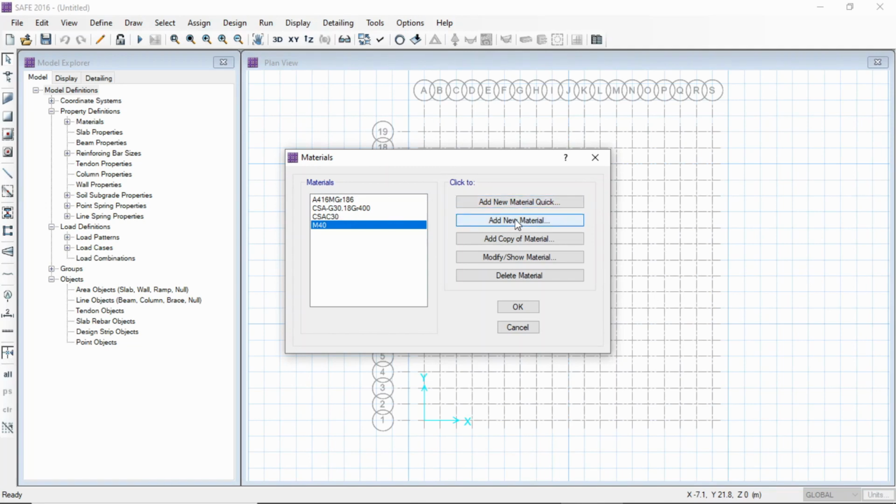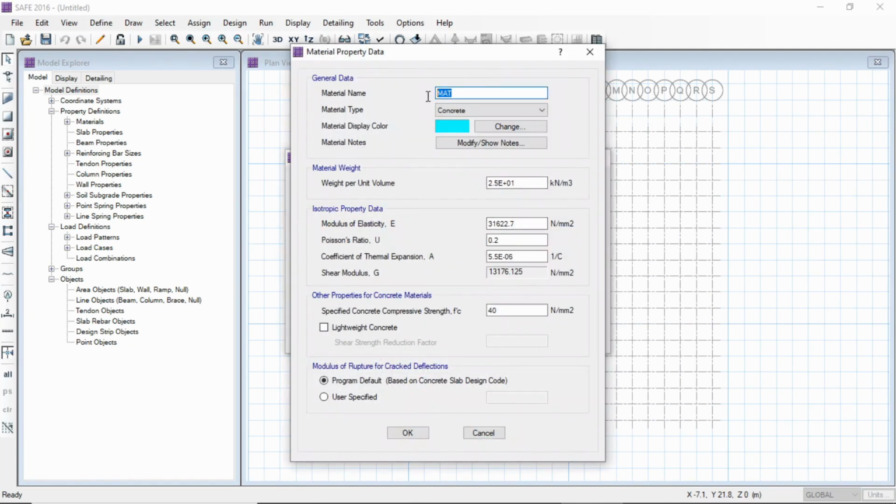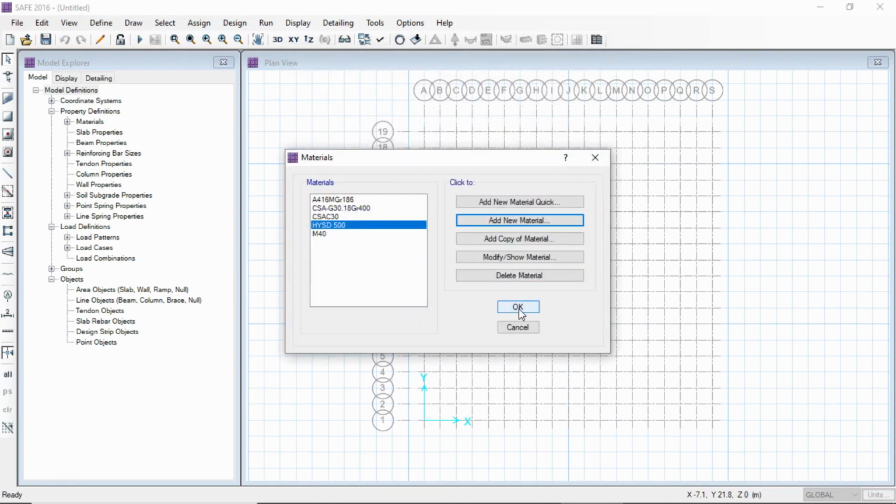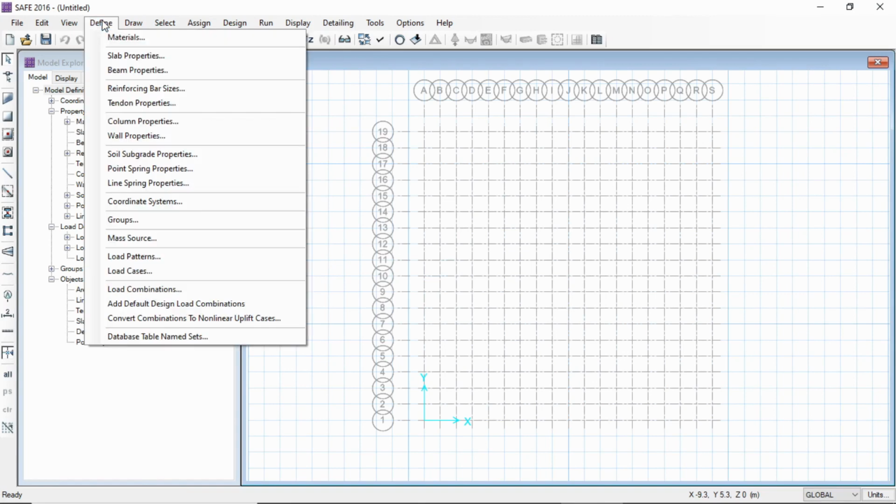So this is the property which I just typed, if you find in the net, you will get it easily. Then we'll add the rebar properties. We'll add new property, and here the rebar, that is HYSD 500. Metal type is rebar. Now here this property which I am going to type, this also I have taken from the net. You can find it easily if you search. Modulus of elasticity 1000 and minimum yield stress, that is 500. Minimum tensile stress 545. So these are the properties you will find in the net if you search it, or you can directly get it from me now. Now we have defined the metal property.